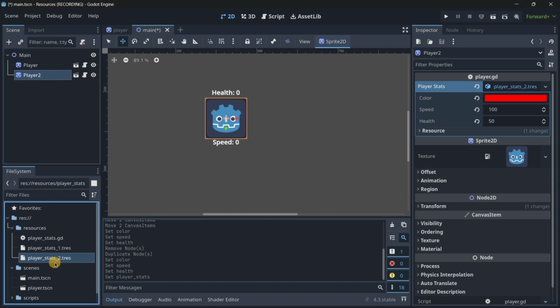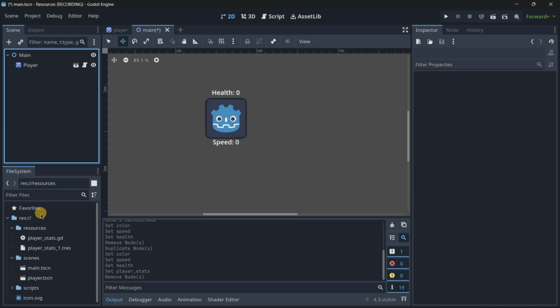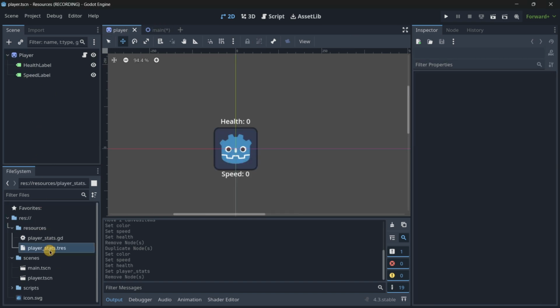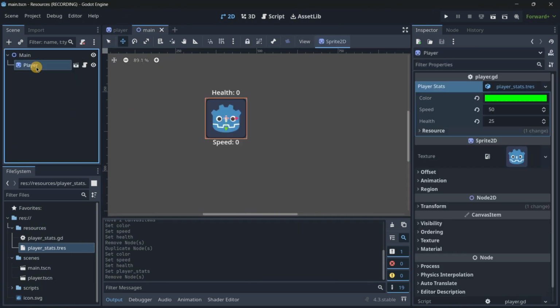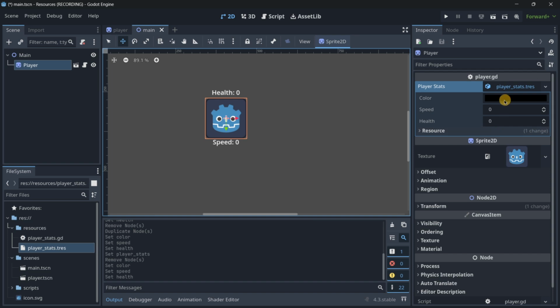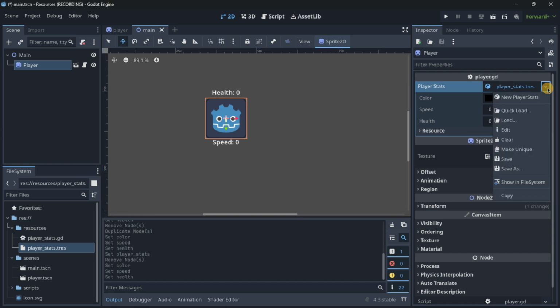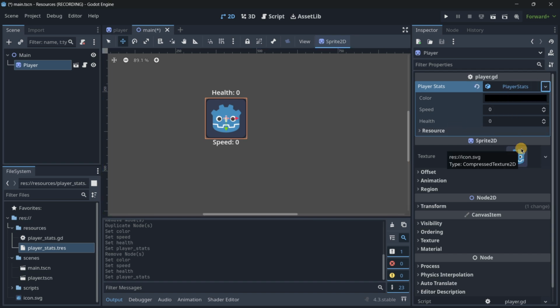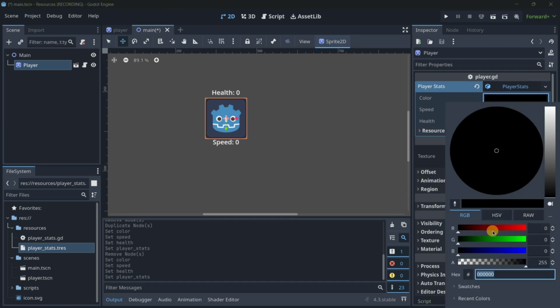But well, another way of doing this, I want to show you another way. Let me delete this. So another way of doing this, I would like to keep my resources with the default values. And then over here, before modifying anything, we click on this arrow and we make this unique. So now if I modify anything here,